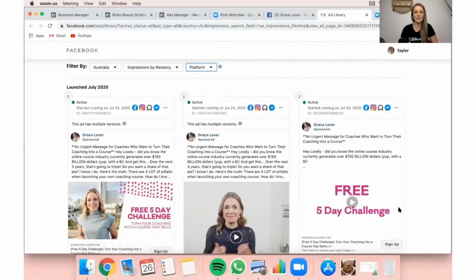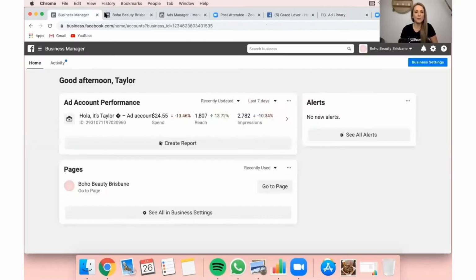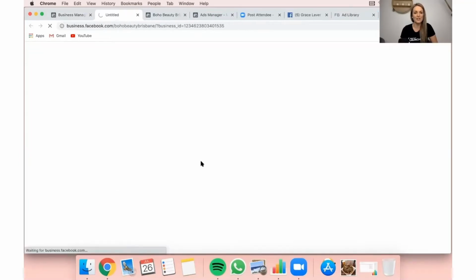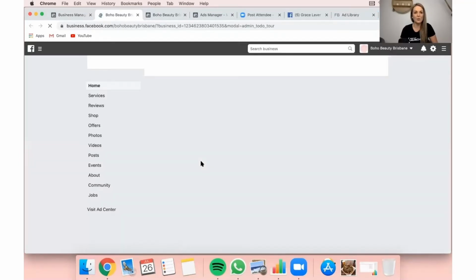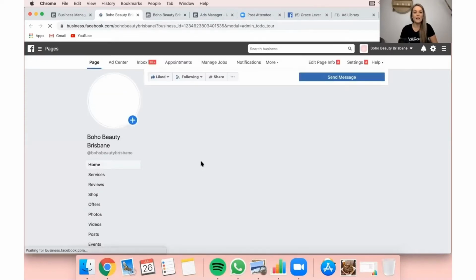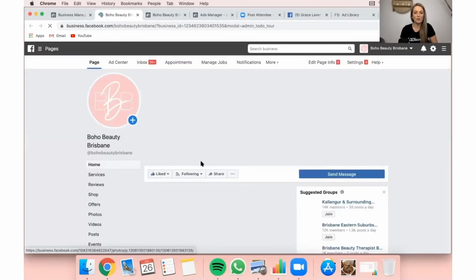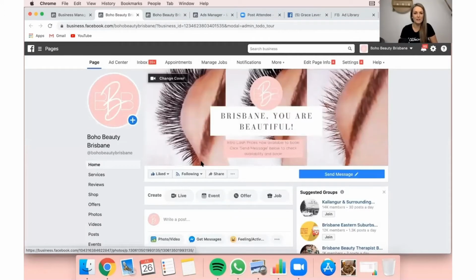Yeah. And while you're doing that, maybe I'll just put some context behind it. So Facebook have launched a booking system which integrates in their Facebook page. So the user doesn't have to leave the platform in order to book in for services. And going off what Taylor just said, that you want to keep the user on the platform so that Facebook favors you, setting up the ability for people to book in through your services using the booking system makes a lot of sense.